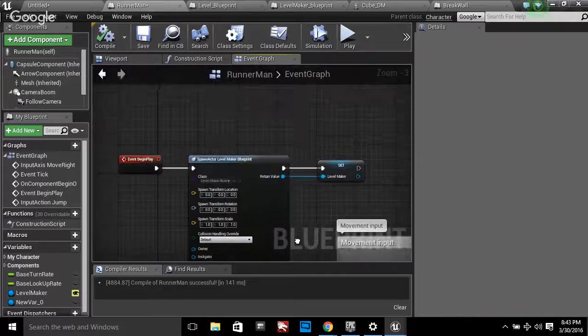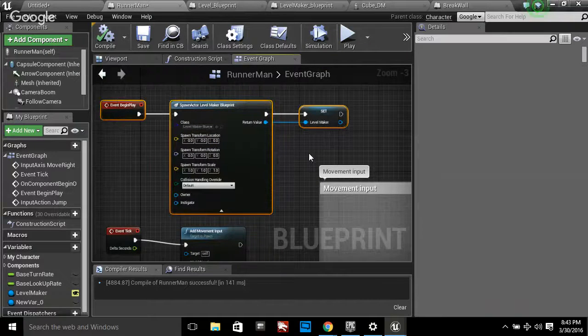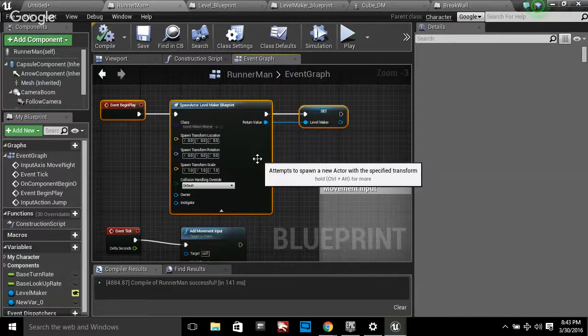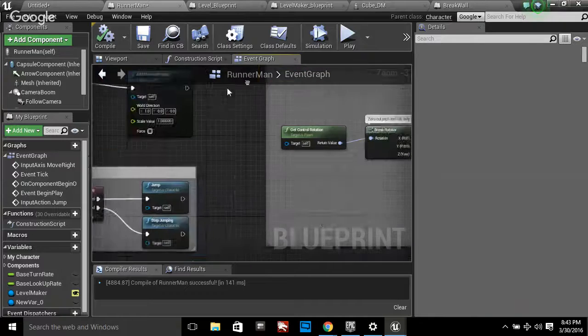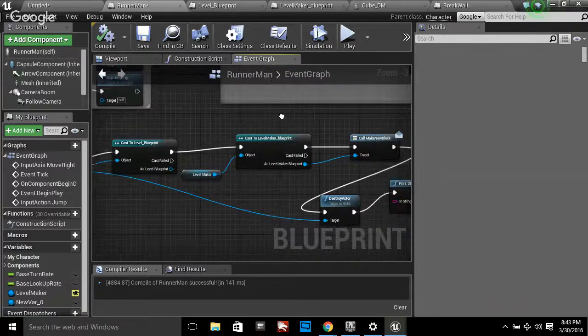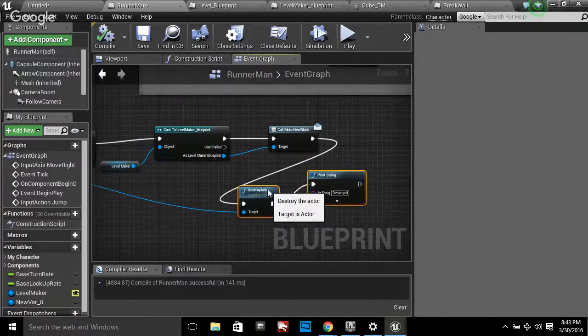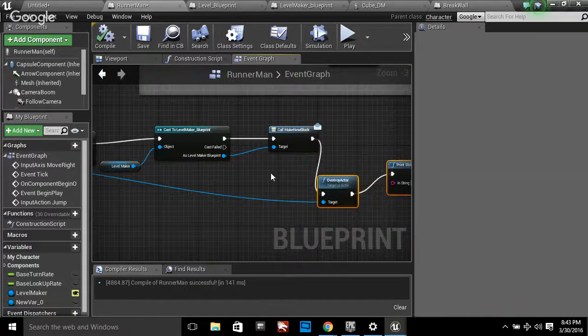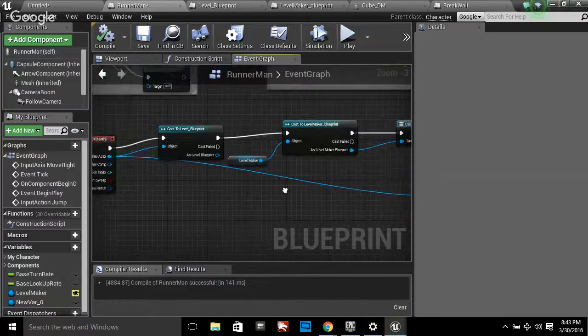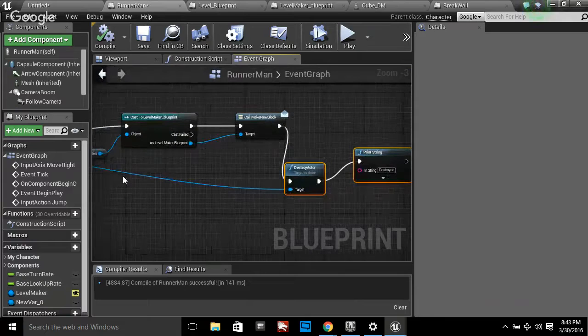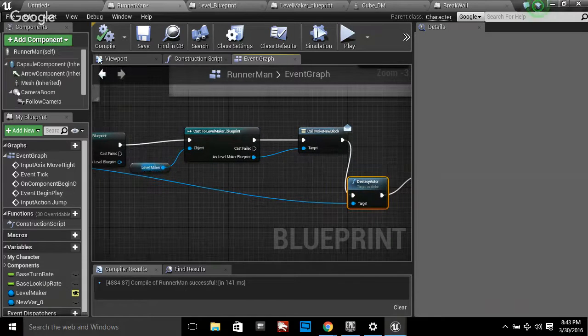If I was making a bigger game, I would definitely put it inside my game mode and store most of my variables there. I'll probably do that next. We'll show you guys about that. I'll make some score and store it in our game mode and do it that way. So now that level maker is probably correct,